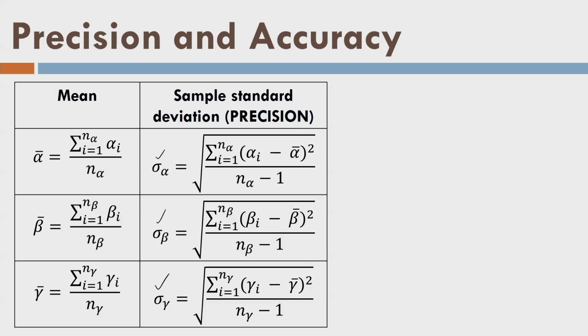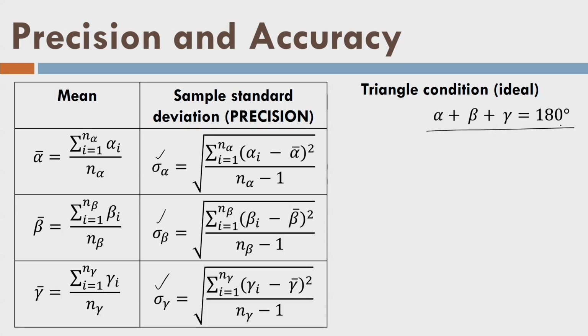So, then what is accuracy? Let us come to the triangle condition. It should follow this rule, but since we know that our observations are subjected to errors, even mean values have some error, because we have calculated the mean from a sample of finite size, not of infinite size. In case of infinite observations, all errors will be cancelled because they follow a normal distribution, but I know that there are some errors still remaining in the estimate of the average. So, alpha bar is also subjected to plus minus 1 sigma errors.